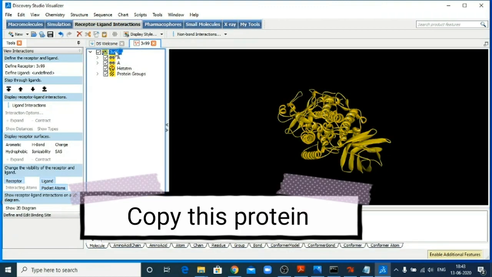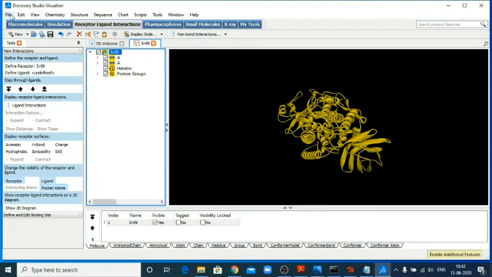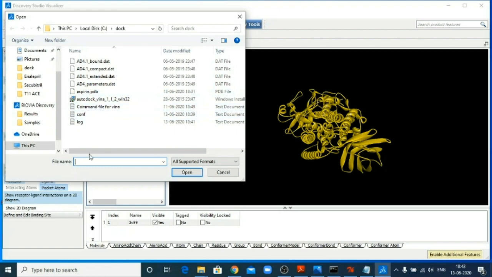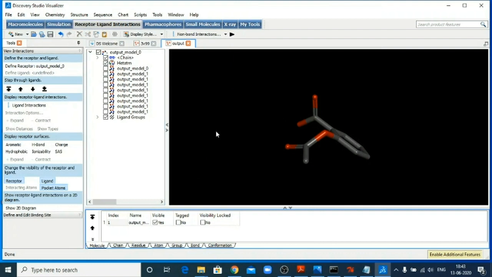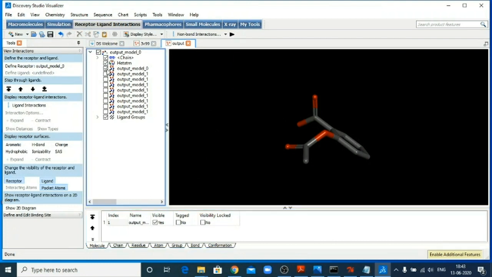Press Ctrl C here. Again go to the file and open, and now open the output file. Yes, so it is getting the output from the same folder. Now in the output file you can see the various conformations of your aspirin molecule.